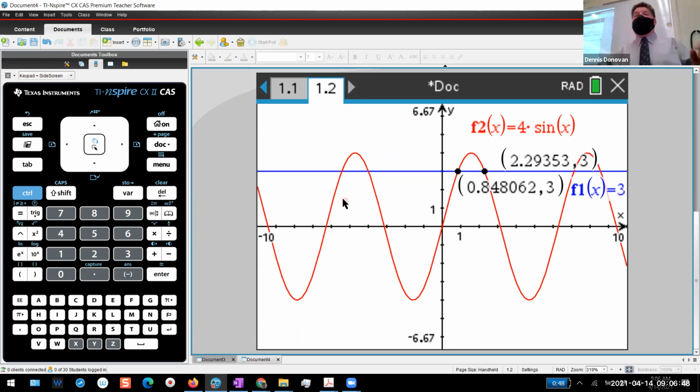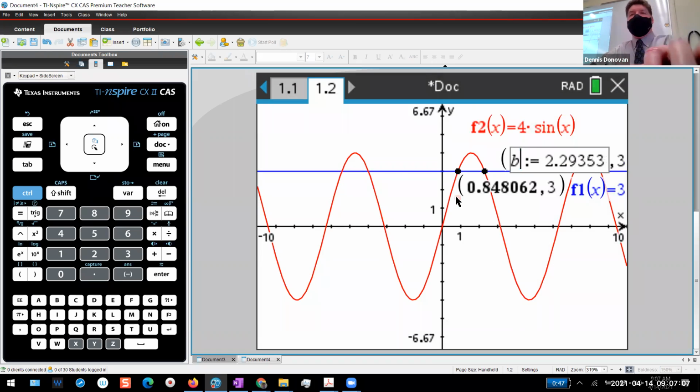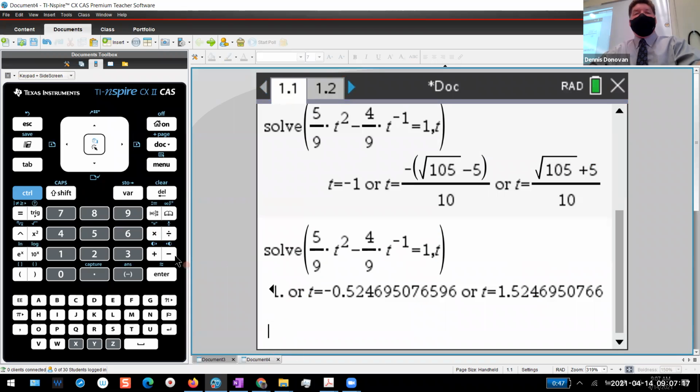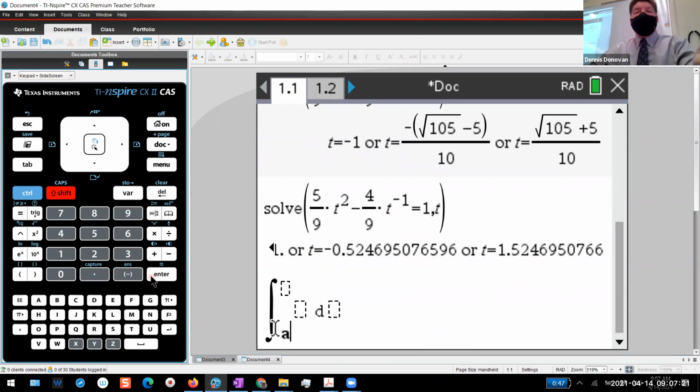You can also do it on the calculator screen and get those numbers as well. But at any rate, remember we can store this as A and store this as B. That's the right click. You guys will just tap the var key and you can open it up as well, right? And so now I can go back here and find the integral from A to B